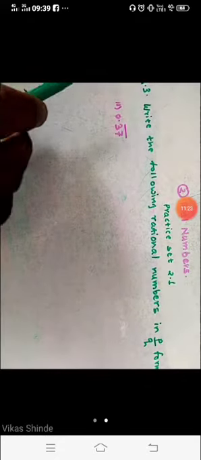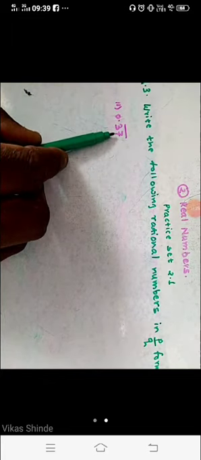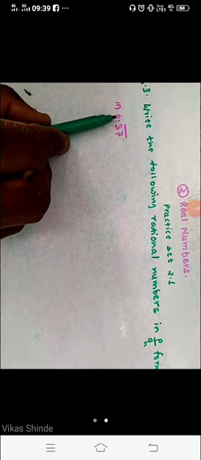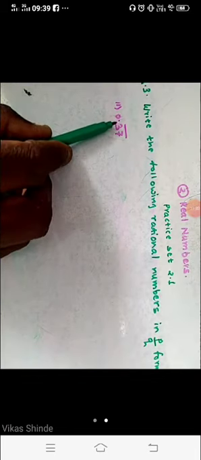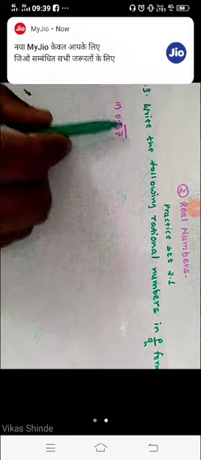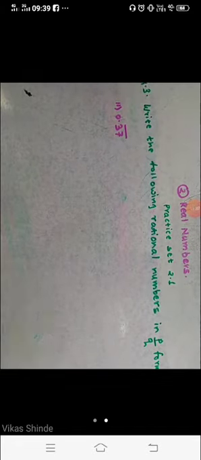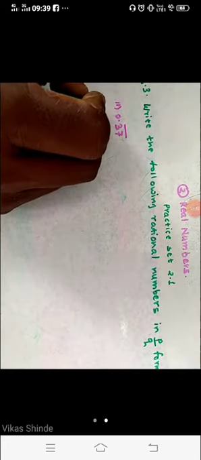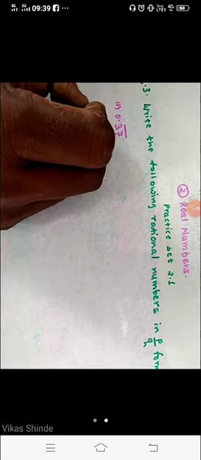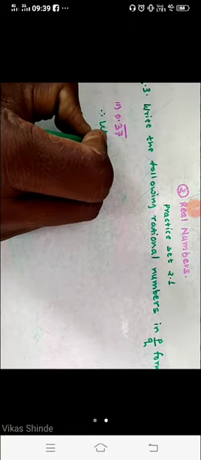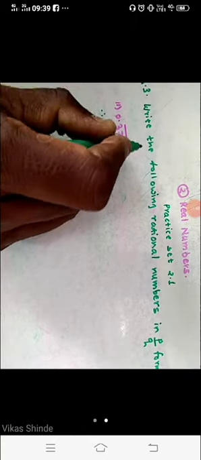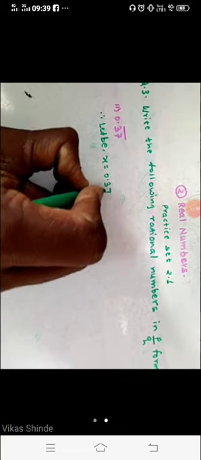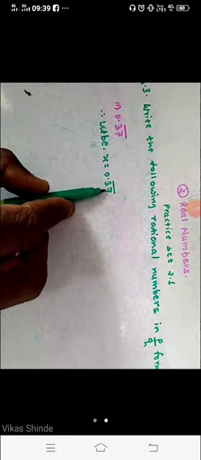Okay student, now see the second number here, second question, 0.37 bar here. If you look carefully, here is unit, 10 and 100. We have to count up to decimal. Here is unit 10 and 100, means that 37 bar is repeated here. That 37 bar is recurring here. So that's why we have to assume this number first right here. Suppose let x is equal to 0.37 bar. Now count up to this unit, 10 and 100.